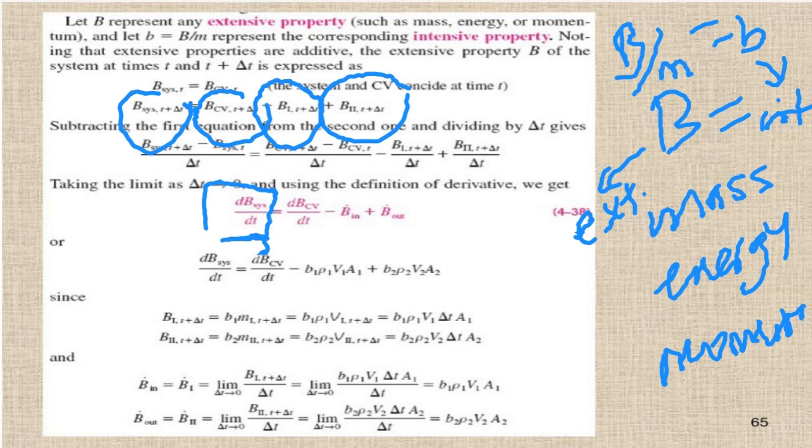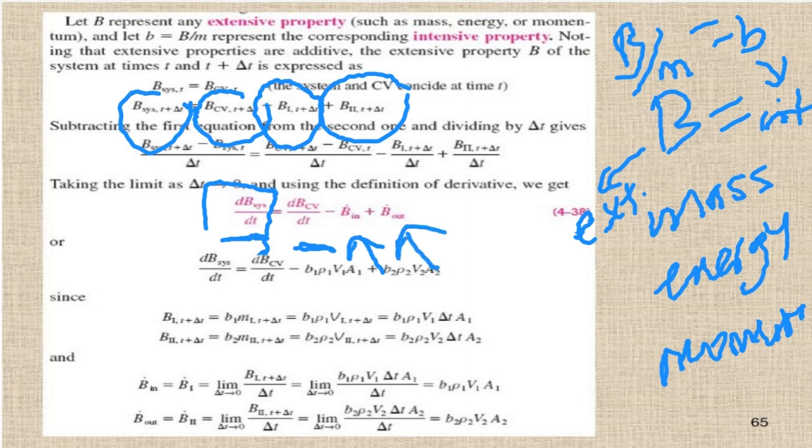So this B can be any extensive property like mass, energy, or momentum. So here it means the change of this property with respect to time, the first term. Then we have the change within the control volume. Then whatever comes into the control volume, then whatever leaves the